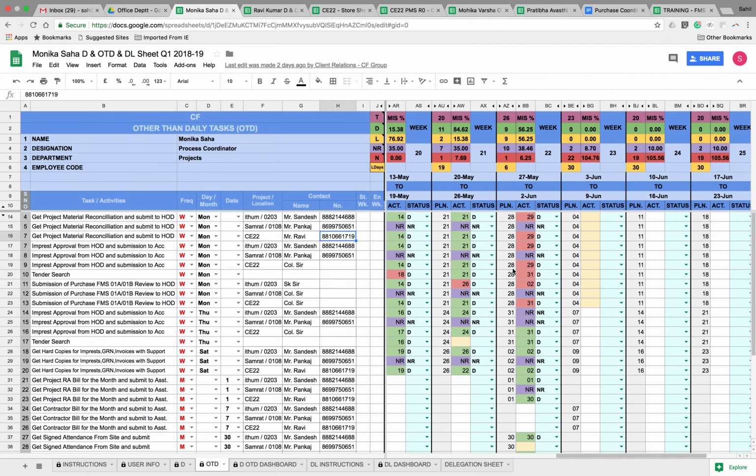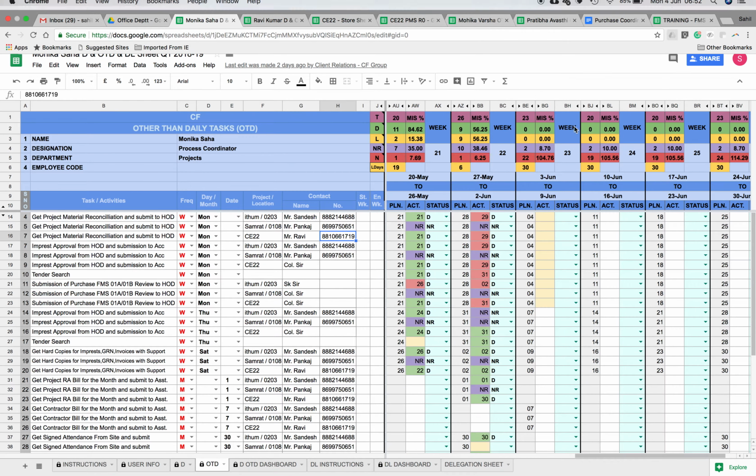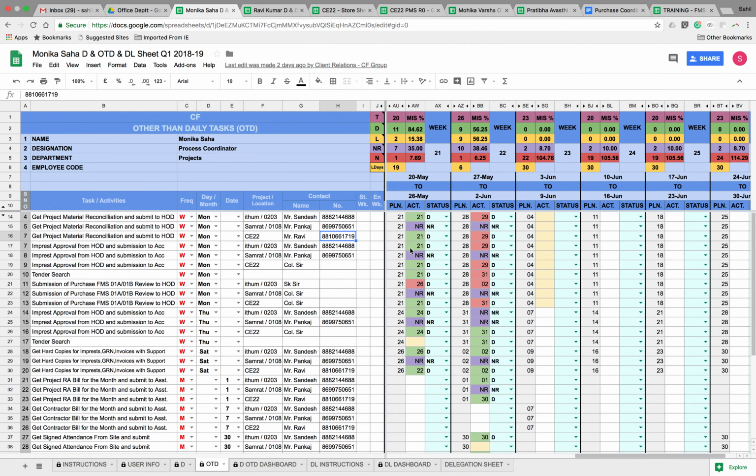So these are the tasks, as you can see. Today is the 4th and all these tasks have to be completed today. So when the task gets completed, the doer will click here and punch in done. As soon as the doer punches it done, the date, that is today, on which the task is completed, comes in this cell, and it turns green stating that the task is completed within the planned time. Similarly, all the tasks which are yellow have to be completed by today.